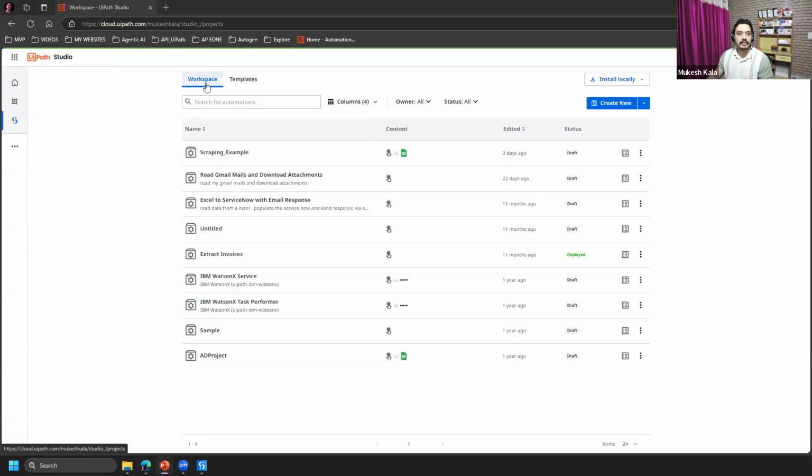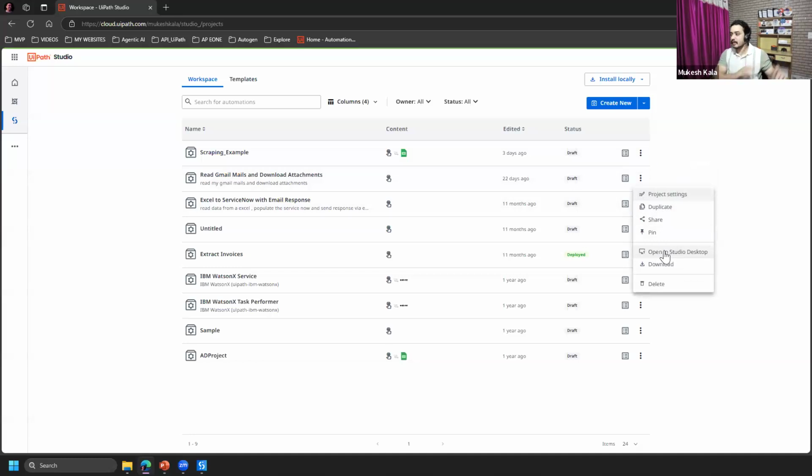Now, you have something here called workspace, because you need to know what is available here. I'll not spend much time, but I'll tell you what is here. Workspaces are all the projects you have worked on. As you can see, I have worked on all these projects so I can see all of them here. You can delete, modify, edit, all of that from here. For each project, you click on these three dots and you have options like duplicate, open in Studio Desktop. So I hope now you understand what Studio Desktop is, the other application. Delete, download, and share, you can share it with other people as well.